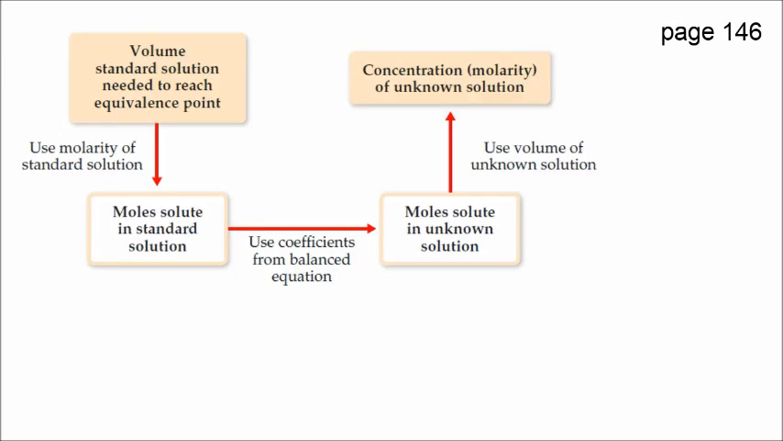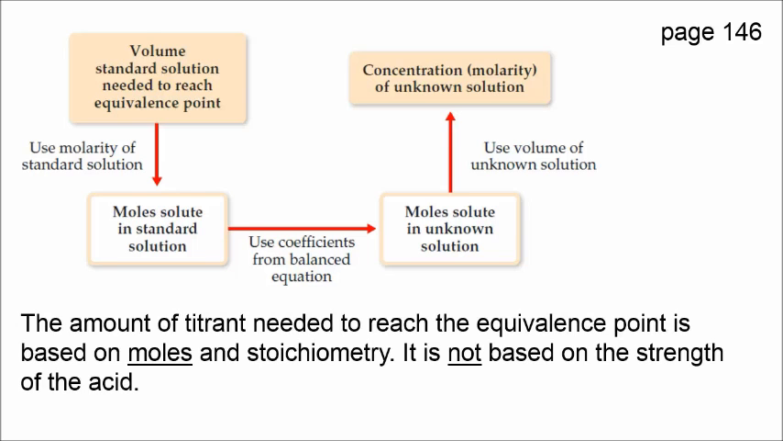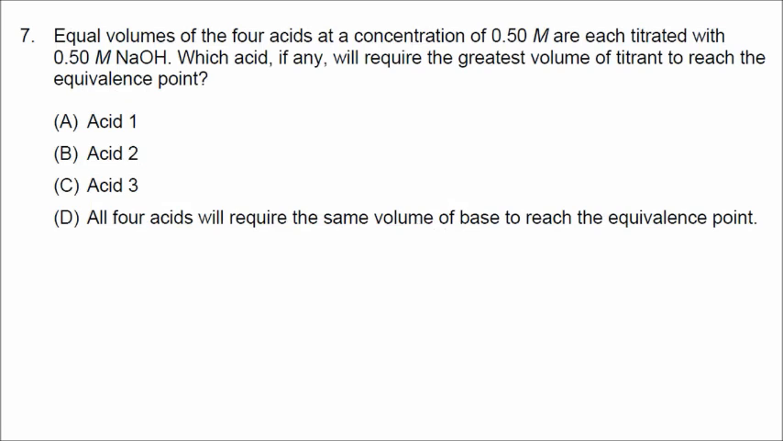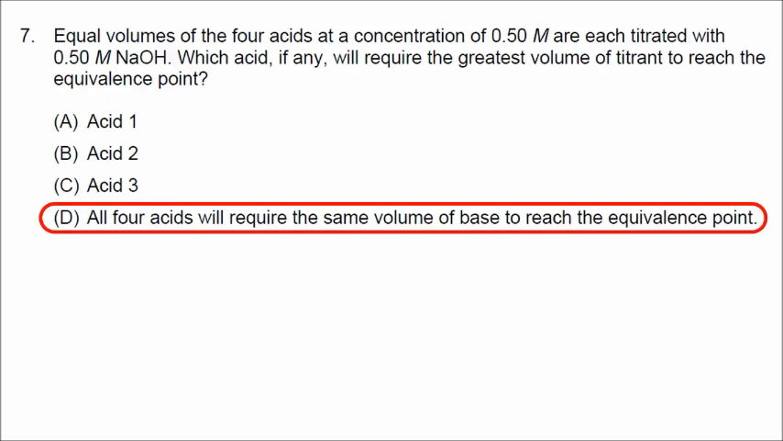Well, in acid-base titration, this goes back to chapter 4 on page 146, which deals with molarity and stoichiometry. The amount of titrant, in this case sodium hydroxide, that is needed to reach the equivalence point is not based on the strength of the acid, but rather based on moles, molarity, and stoichiometry. Since all 4 of the acids have the same concentration, they will require the same volume of base to